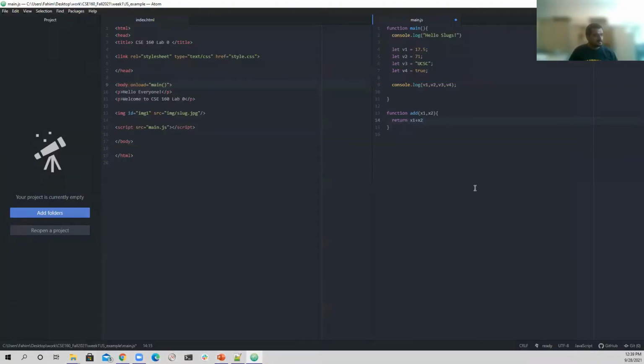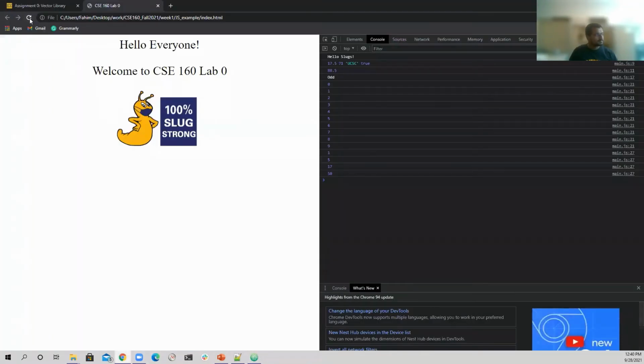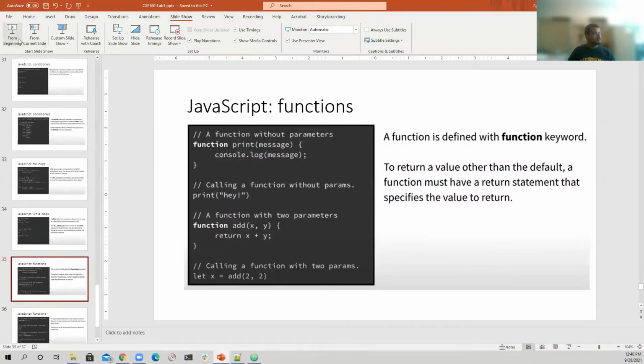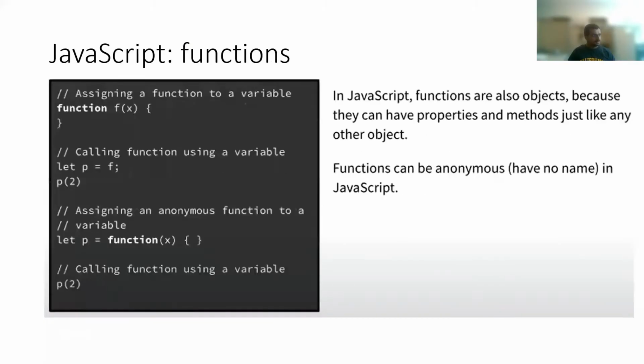So let's do a console log. And here I'm just going to call the add function and pass b1 and b2. So it is returning the result, right? So we have functions,